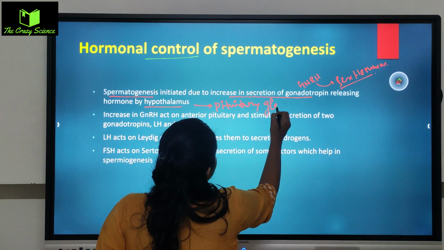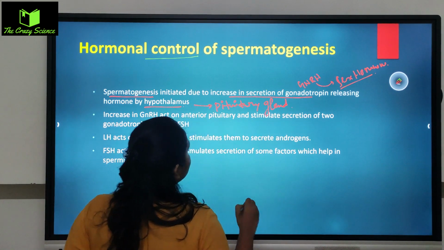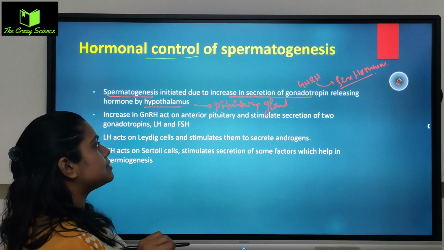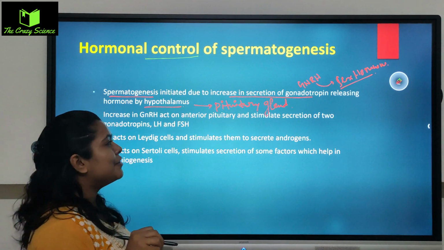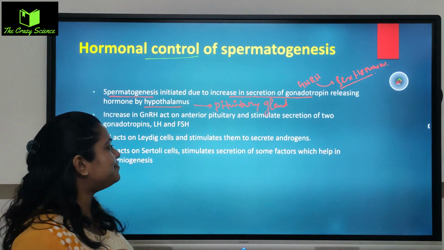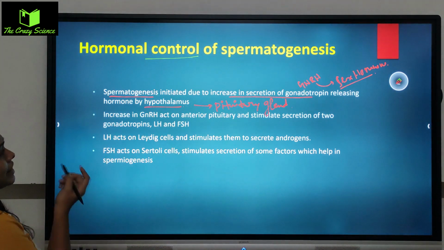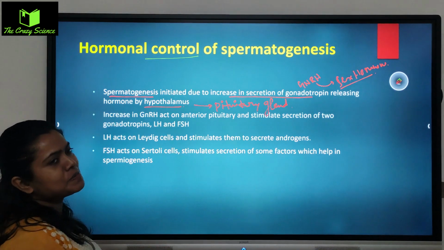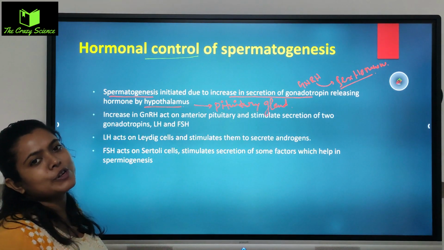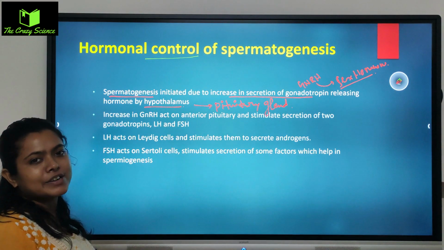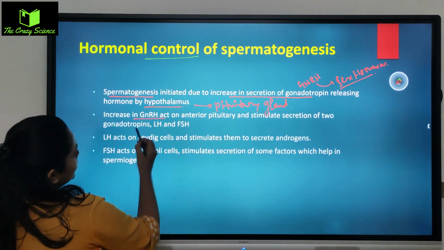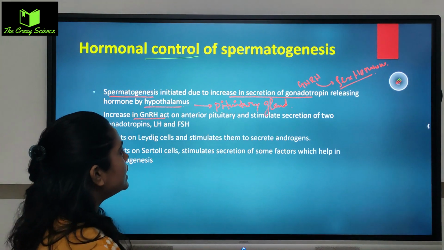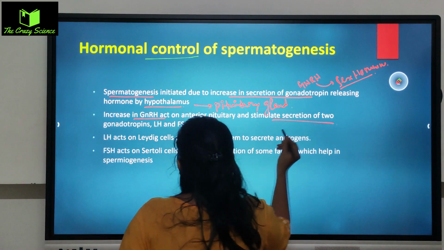তো hypothalamus এর আন্ডারে যে গ্ল্যান্ডটা থাকে, that tiny gland in the human body, this is called the pituitary gland. Largest gland in the body is called the liver, which is also called the mixed gland. তো সেটা ইনিশিয়েটে GnRH সিক্রেট হয়, যিনি রেসপন্সিবল থাকে অ্যান্ড্রোজেন হরমোনস গুলো রিলিজ করতে, অ্যাজ ওয়েল এজ দ্য ফিমেল স্টেরয়েড হরমোনস গুলো রিলিজ করতে। Increase the GnRH act on the anterior pituitary and stimulates the secretion of the two